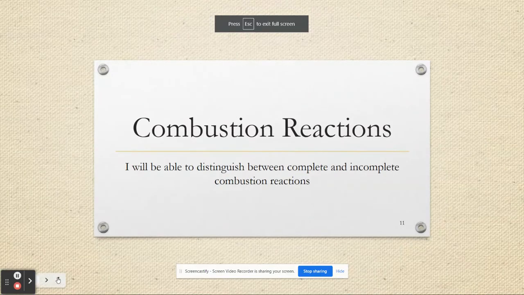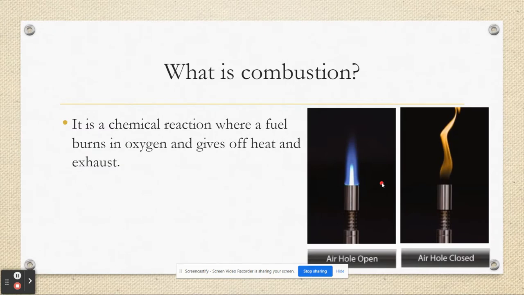In this video, we're going to take a look at combustion reactions. So we're going to see how to identify them and also predict products of them. We're also going to see the difference between complete and incomplete combustions. So all a combustion really is, you're taking a fuel, you're reacting it with oxygen, and when it does that,